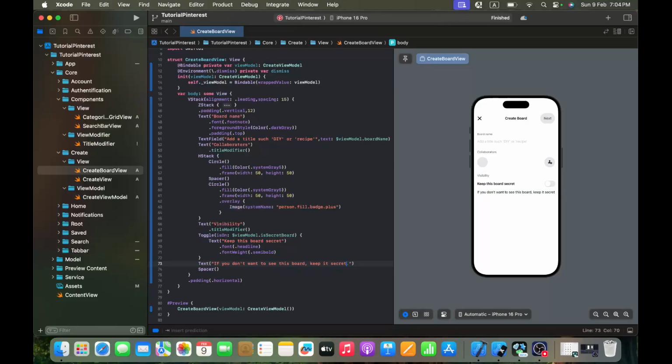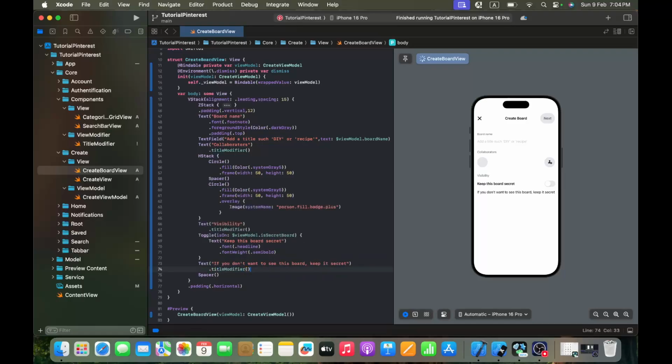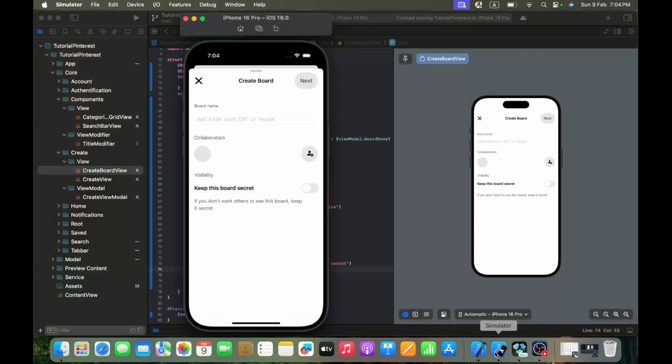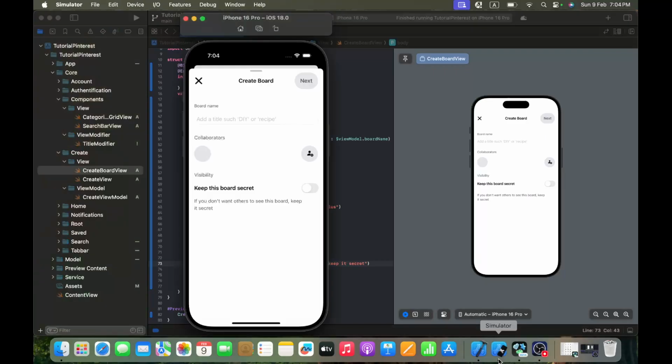Okay, and we are going to apply the title modifier, the view modifier that we just created. Okay, and I forgot others. So if you don't want others to see this board, keep it secret. Okay, which is beautiful and perfect, I think,